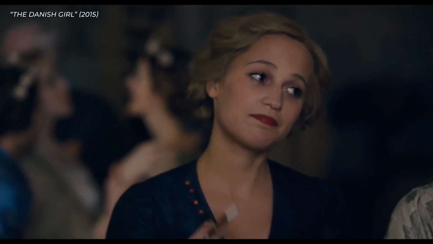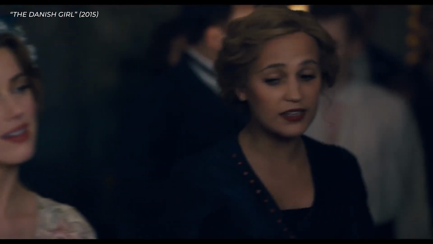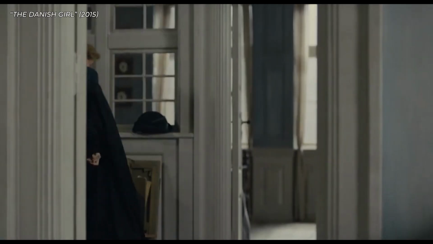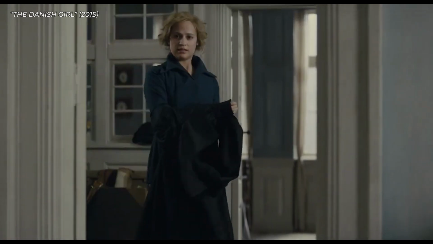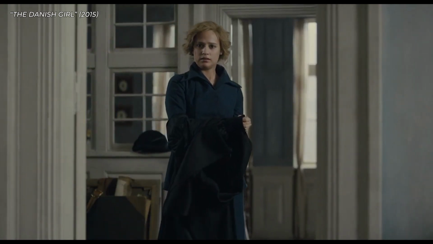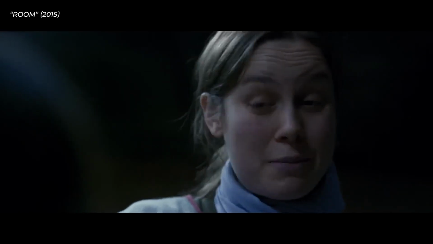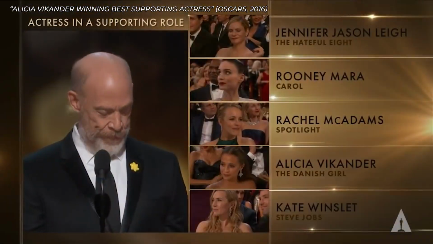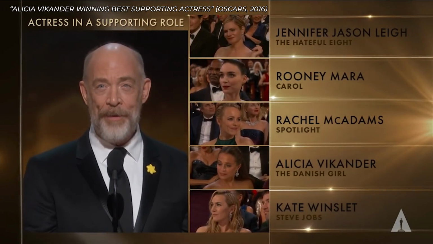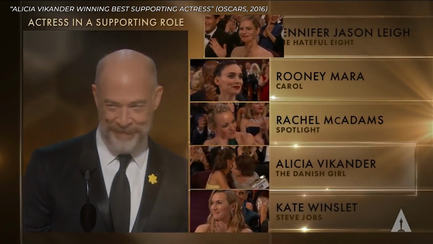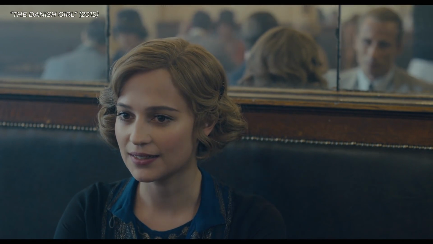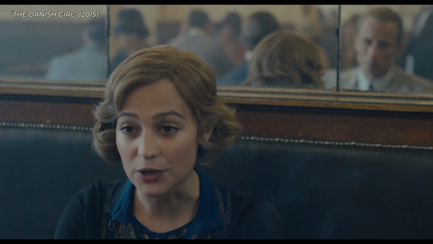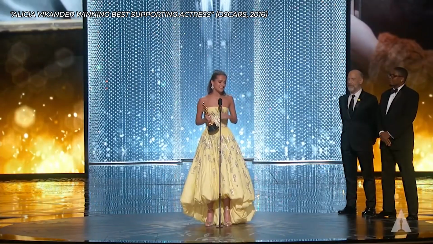Take Alicia Vikander for her obvious lead actress performance in The Danish Girl. In that same year, she would have competed for Best Actress with some very strong contenders, including Brie Larson in Room and Cate Blanchett in Carol. So the producers decided to submit Alicia Vikander's performance for the Best Supporting Actress category, which had less competition and ultimately led to her Oscars win. Most of these examples of category fraud have involved downgrading an actor to a supporting category in the hopes of better chances for an Oscars trophy.